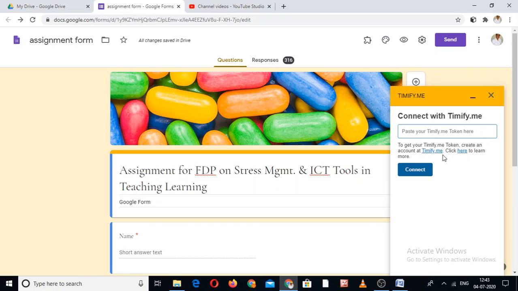That cannot be used in the case of FDP registration, or registration for your seminar, or if you are a researcher sending your questionnaire. But in the case of your test or quiz, it is suitable. You give a very short time, 3 minutes, 2 minutes to solve it. So there you can use this countdown facility.